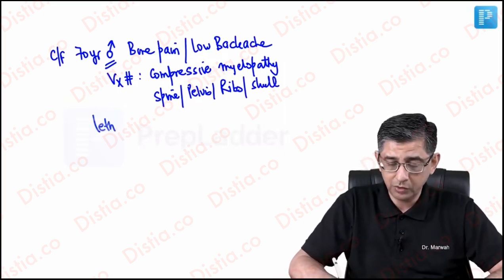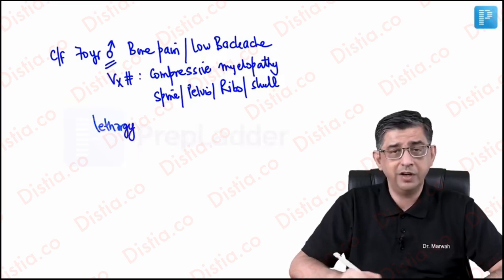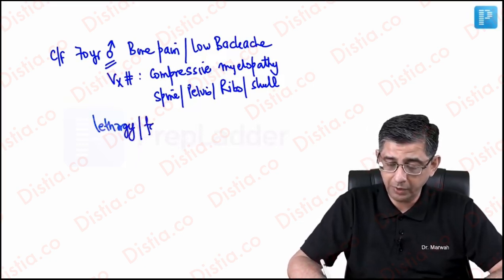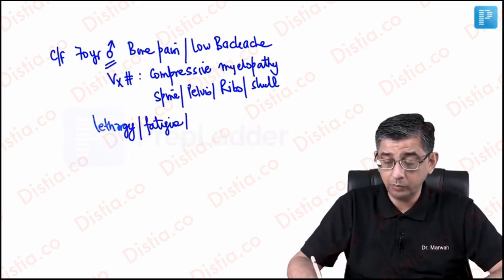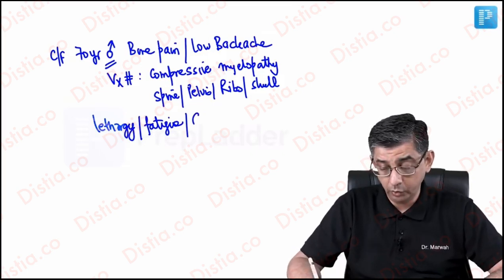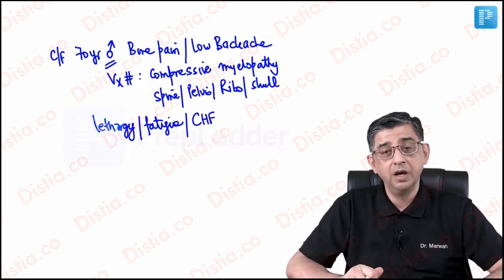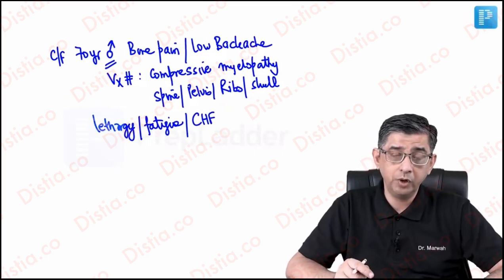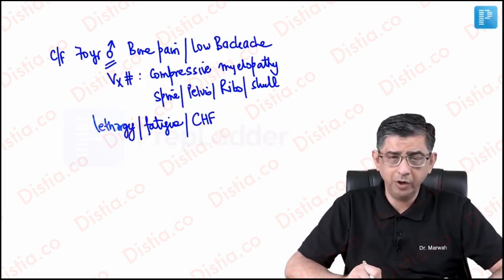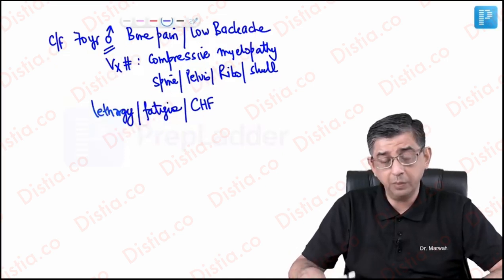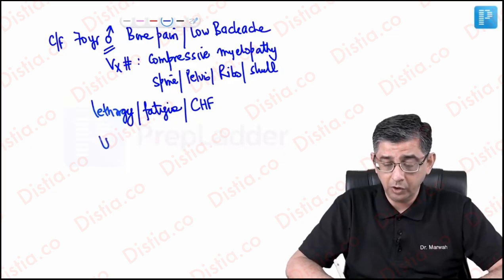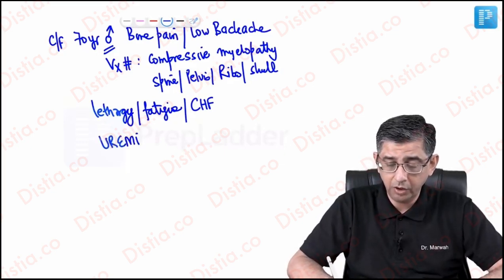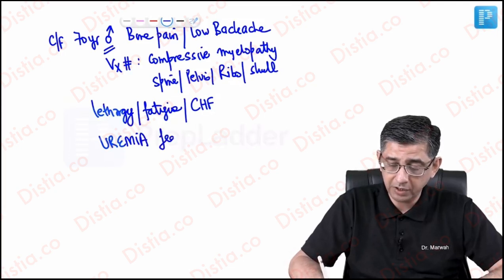This old person also says that I get tired very soon. That's because of the anemia component which is coming in, and in the textbook it is mentioned that sometimes the anemia can be so bad. Look at the magnitude of anemia. I'm saying that it can contribute this chap to go into congestive heart failure. Initially it could be compensated, but later on there could be even a pedal edema developing in this chap because of decompensated heart failure. Because the kidney is getting involved, uremia features could be described.